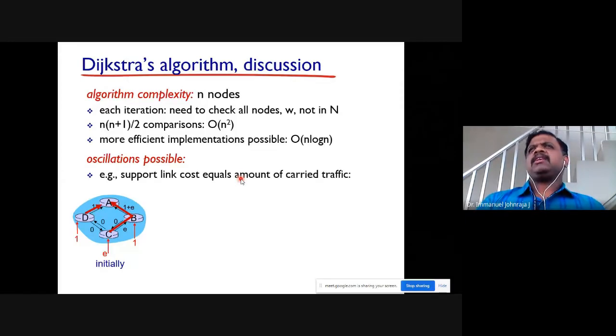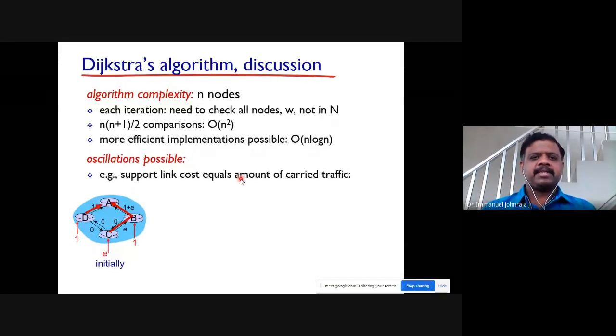But there are some methodologies which use a heap. If you know the heap, yes, you studied in data structures, good, you are able to recall that word heap. All right, so if you could write this algorithm using the heap, you can go for your n log n. All right, which is something better than your big O of n square. Nobody is going to appreciate big O of n square, you know the complexity, but n log n is appreciable, it's acceptable compared to big O of n square.